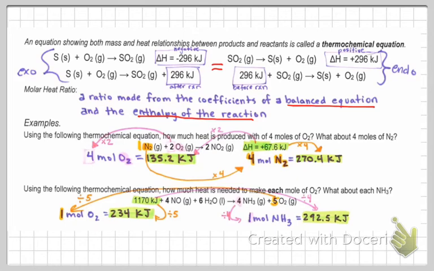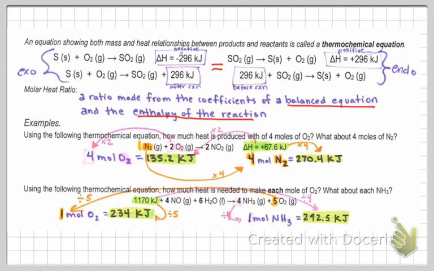So they're saying how much heat is produced, so we're looking for enthalpy, if we have 4 moles of oxygen. Okay, well, the reaction says that if you have 2 moles of oxygen, that's going to form 67.6 kilojoules of energy. Okay, so essentially what we're going to have to do is double this value. Okay, so if I have, for every 2,